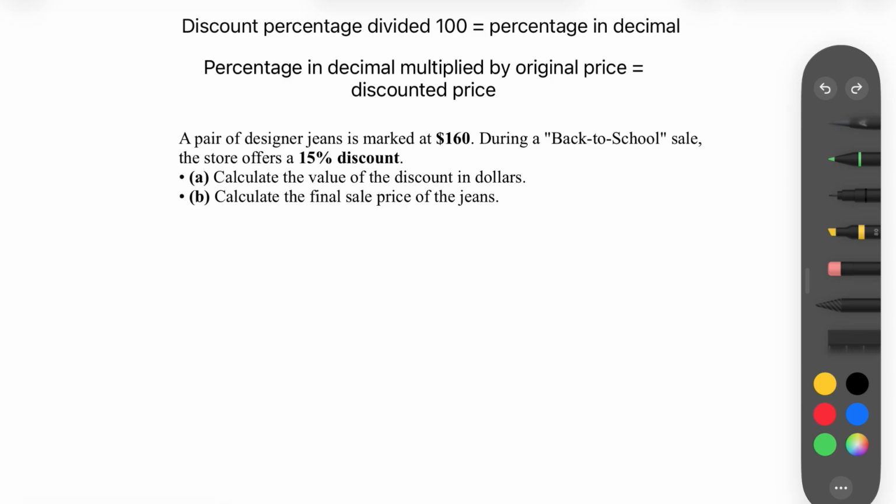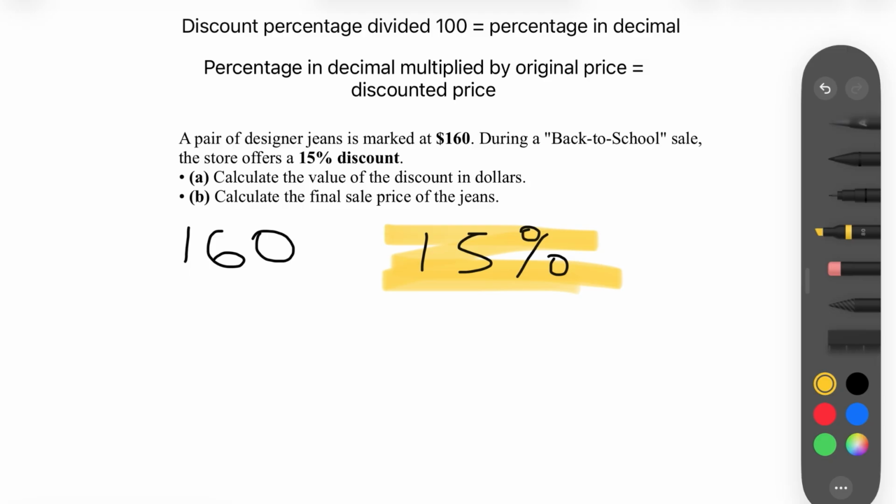Okay, all these big words, all these big questions, so confusing, right? Let me break it down for you. So it's asking you to calculate the value of the discount in dollars. Let me show you how easy it is. So we know that the original price is $160 and the discount is 15%. Now all we have to do is, as we see up here, the discount percentage, which is this right here, is supposed to be divided by 100. So that is the first step. So we're going to be dividing this by 100, which gives us